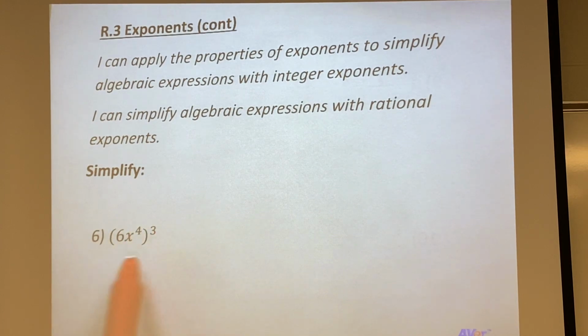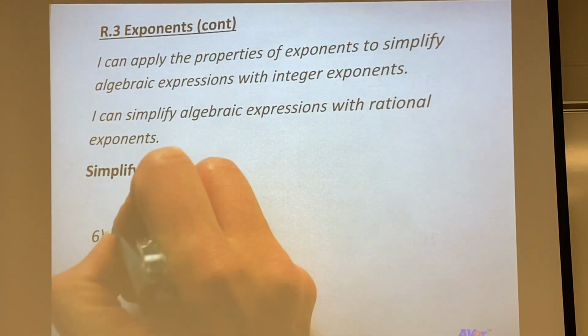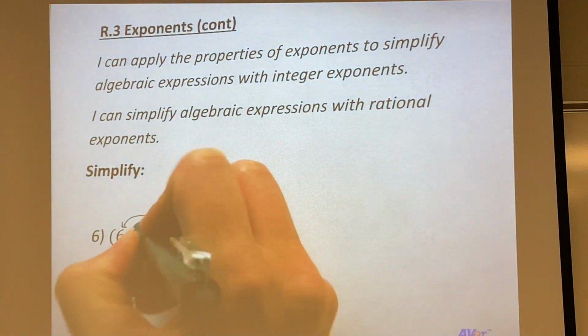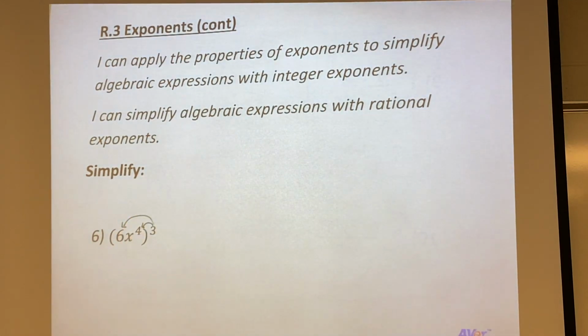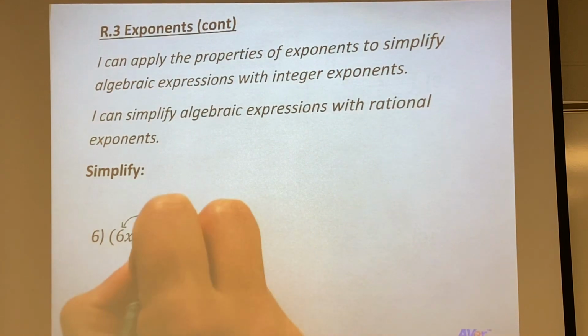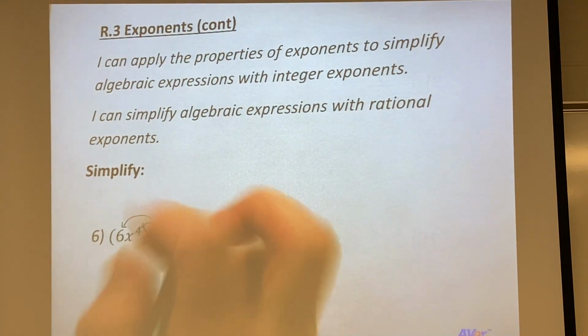So go ahead and write this problem down, 6x to the fourth, and then that whole thing is to the third power. When you're using a power out here, it goes to everything on the inside. So the 6 would be to the third power, and we'd have to take the x to the fourth to the third power also. And we'll talk about how to do that here in a second. So 6 to the third power,